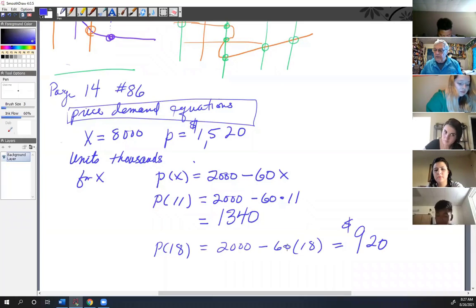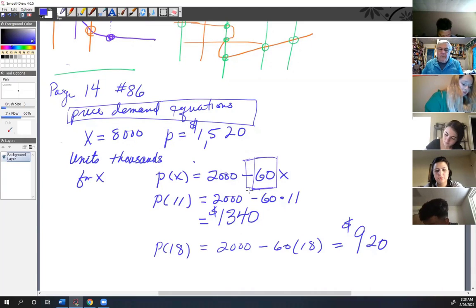And if you want, this is dollar amounts and would look like that. And what's the interpretation of this? I want to get the negative in here too. This negative 60, what did you call that in your algebra course? You call that the